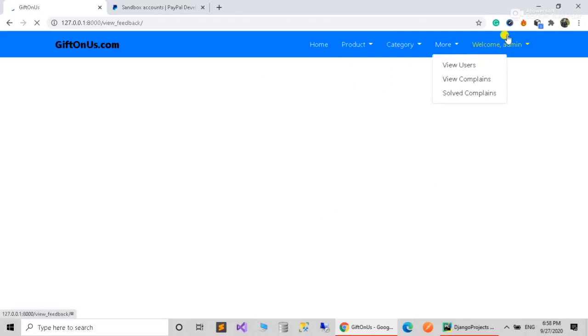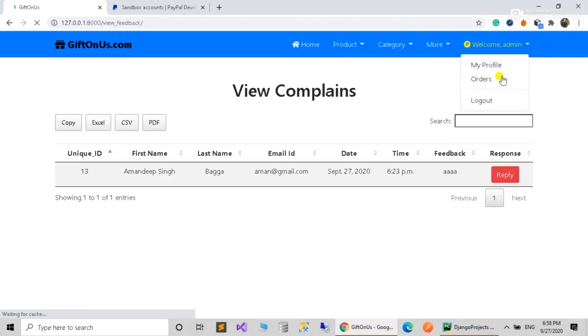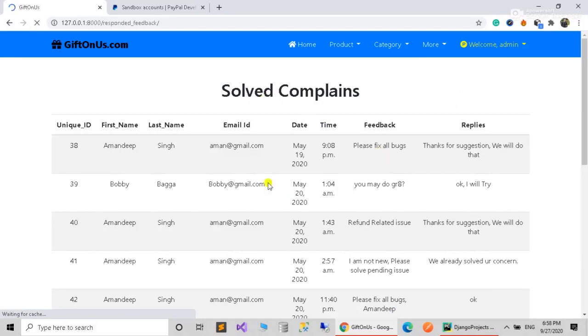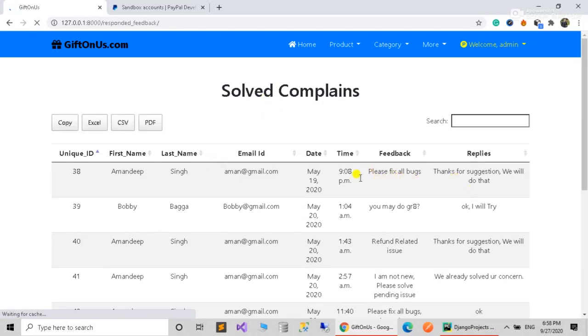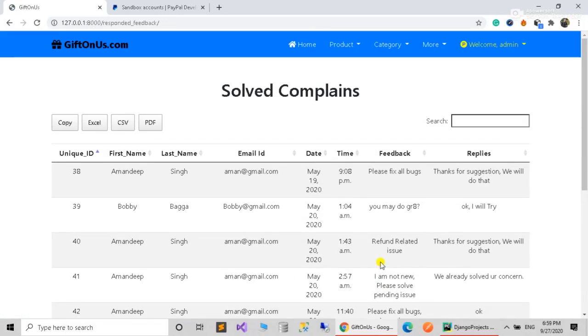As I said, in the e-commerce website, there is changing the password and everything. Admin can't, of course, change the password from here. He can change it from the admin panel, but the user can change the password. User can make a complaint. When I click on solve complaint, definitely it will move on to the solved complaints we have just replied, and the same happens with users as well. Thanks, yeah, that's what all complaint is all about.